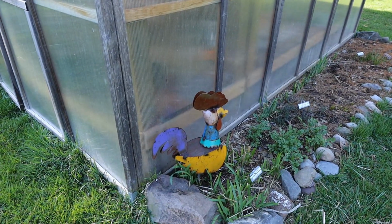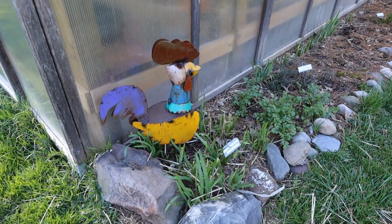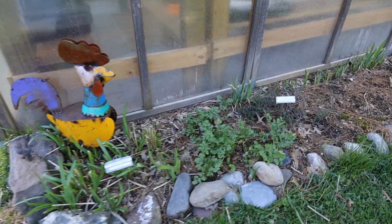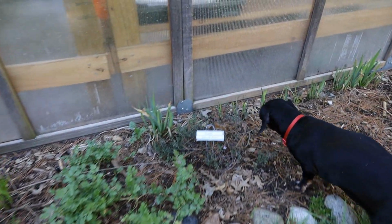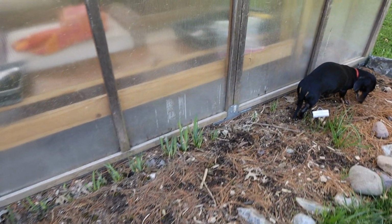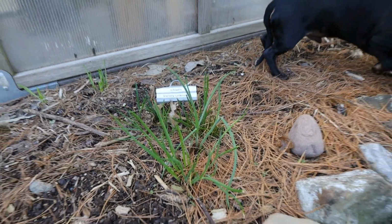Mr. Coco is all uncovered, and I'm sure he's happy to be uncovered. And you can see the garlic chives are already coming up, and so is this volunteer parsley. I'm not even sure the variety, and the German winter thyme also wintered over. Got some what I believe are pond irises in the back there, and then chives, and I don't remember what variety this is, but